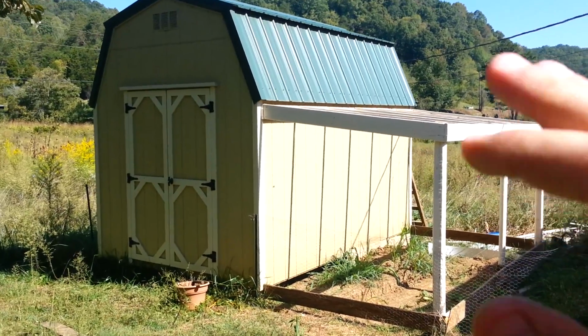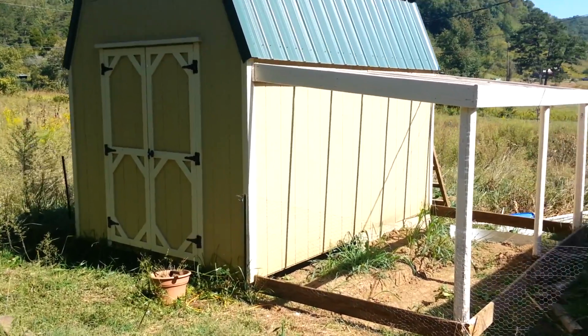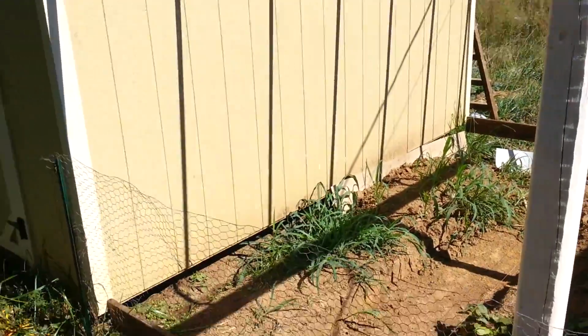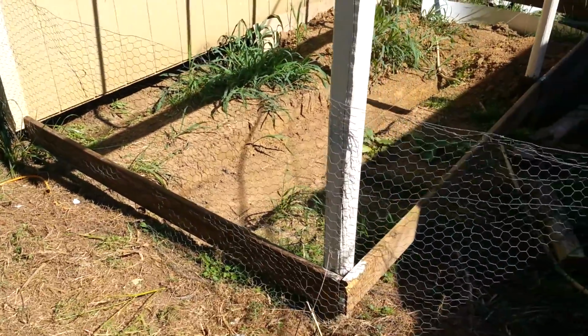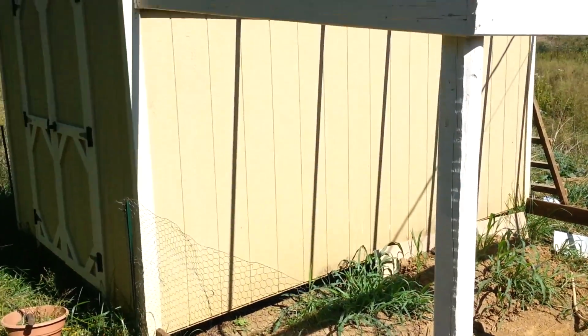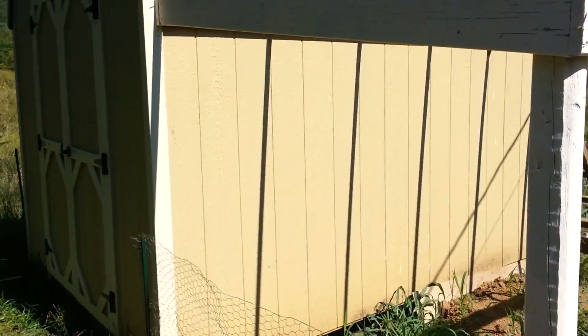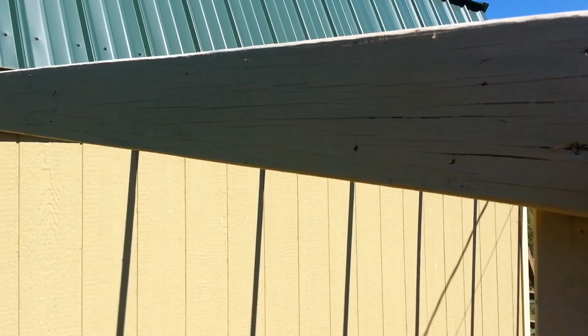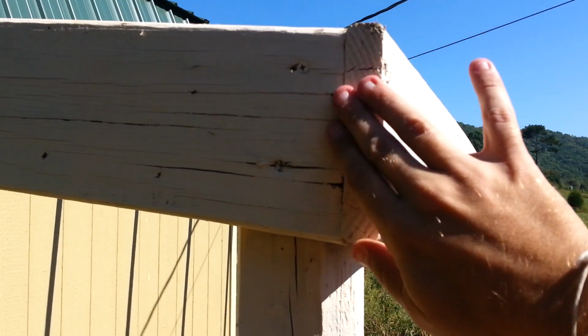Anyways, I'm going to show you this lean-to frame that I built onto the side of the greenhouse. And I don't really have any building experience. I didn't even take any shop classes in school. But it's pretty simple, if you can just understand it. I do have a miter saw that I got from doing some work a while back. So I was able to put a